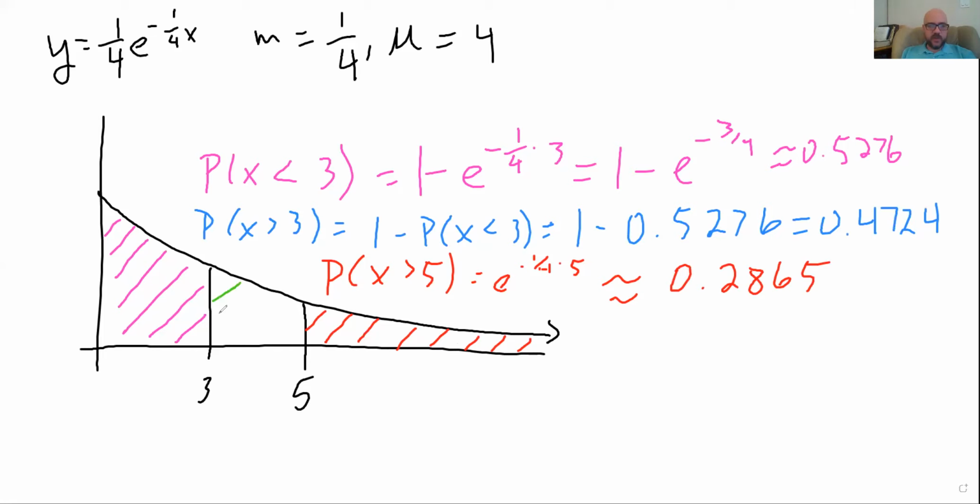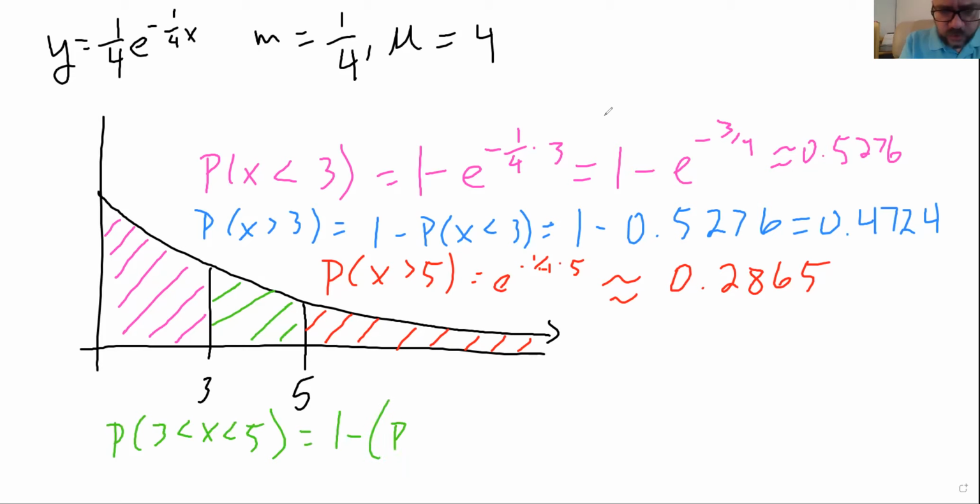between 3 and 5, right? So there's a couple ways we can find that. I think the easiest one is to take the area less than 3, area greater than 5, and add them up, and then subtract that from 1, right? Because I want to find the green area, I want to take off this area and this area. So the probability that 3 is less than x is less than 5 is 1 minus the probability that x is less than 3 plus the probability that x is greater than 5,